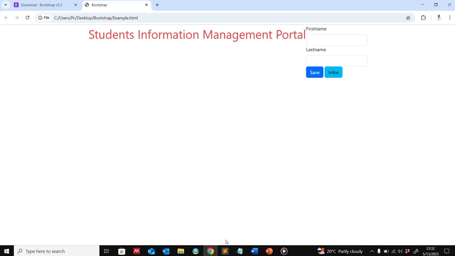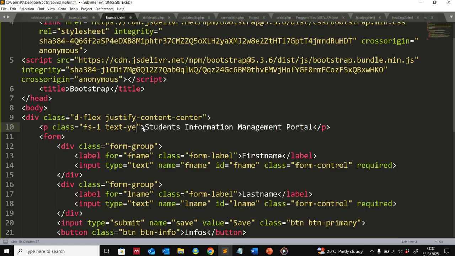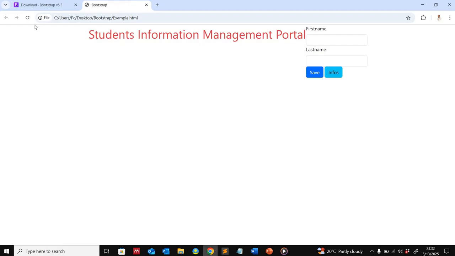What if we wanted to make it yellow? So we change danger into warning. So this is it. You can change color by simply changing these last words. So we keep it as danger,